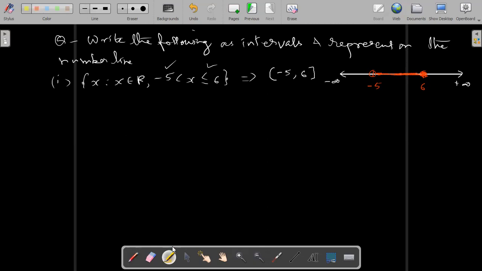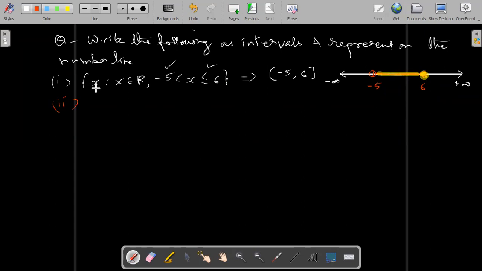Okay. So fill this part and this circle. This part and this circle should be filled. Okay, like this you can represent this interval. And next question is